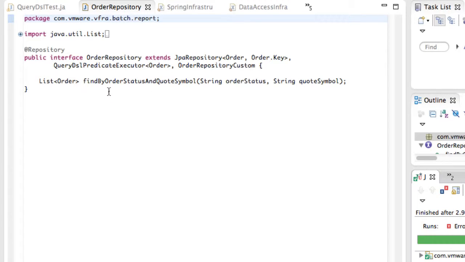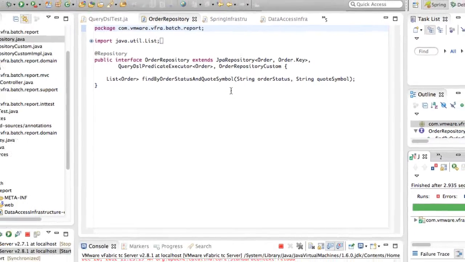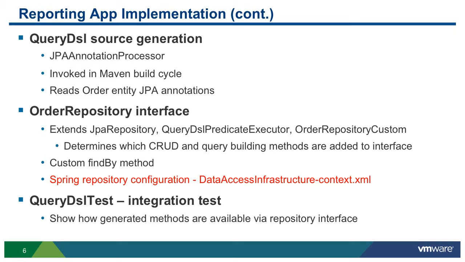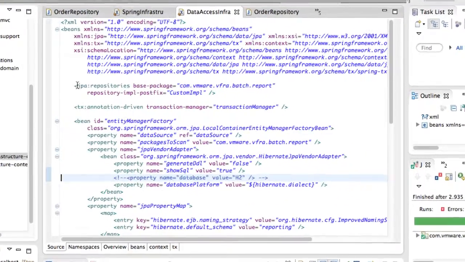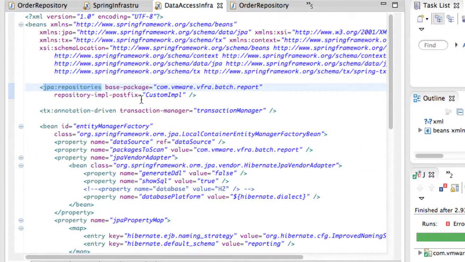So with Spring Data repositories, if you follow the convention of saying find by the domain type and some number of properties combined potentially with and, you can get a free finder method implemented for you. There's a bit of Spring repository configuration which I've done in my data access infrastructure context XML file. I've included this JPA repositories element. It's going to scan this particular package, and very importantly, it will recognize my custom implementation with this suffix. So in the case of OrderRepository, it knows to look for OrderRepositoryCustomImpl and use that to